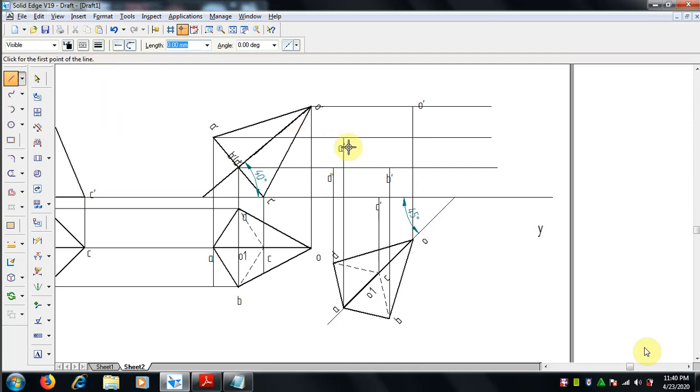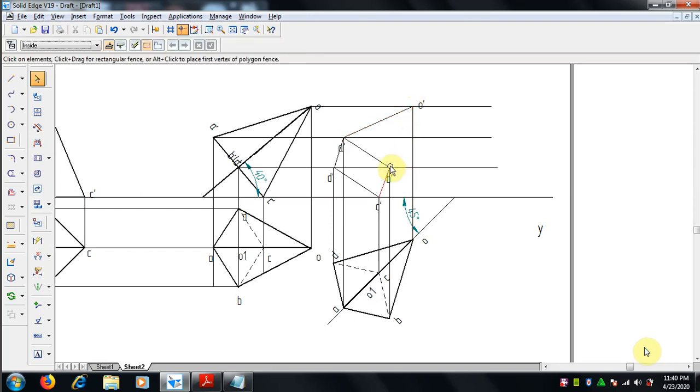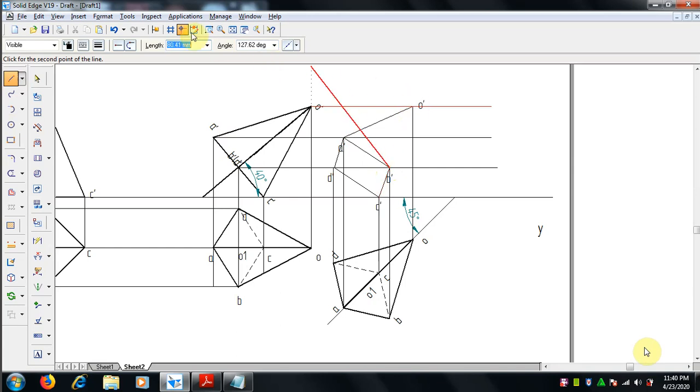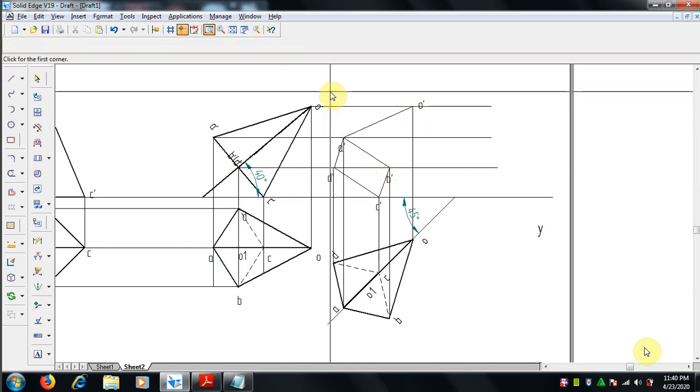Now we can join the lines, the base square ABCD with 0.13 mm thickness, just to join, and the corners to the apex. So A to O, B to O, C to O, all these are joined with thin lines. We can zoom it and do it.